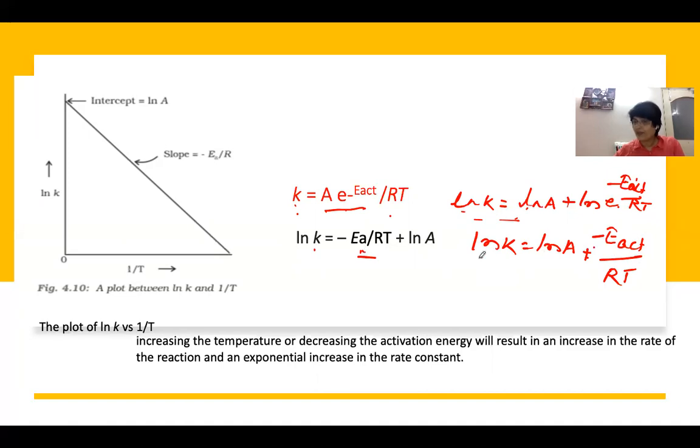It's a negative slope. When log k is taken as the y-axis and 1 by T is taken as the x-axis, what do you find? This is your x, so this is going to be m, and this is your c, the intercept on the y-axis, which you can see here. And the slope, why is this graph going in a negative way? Because the slope is negative. Right? The graph is important here.